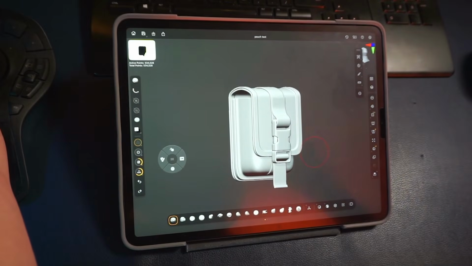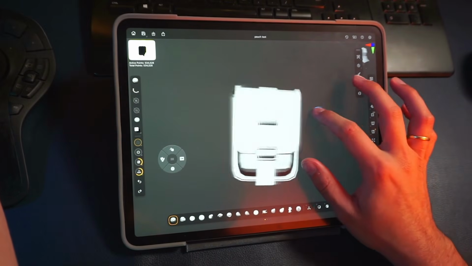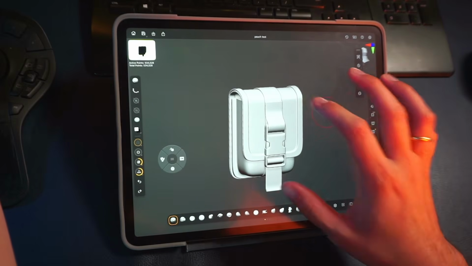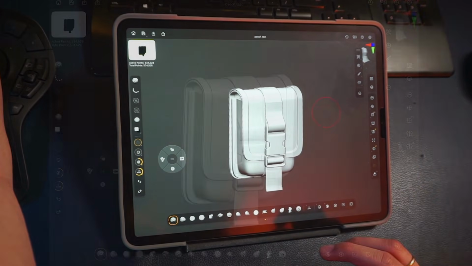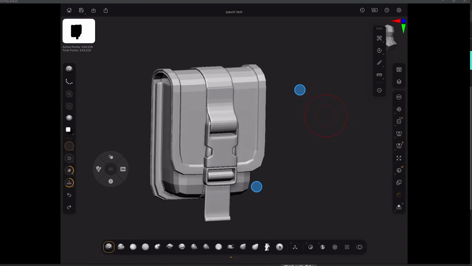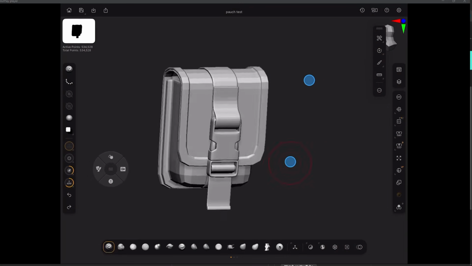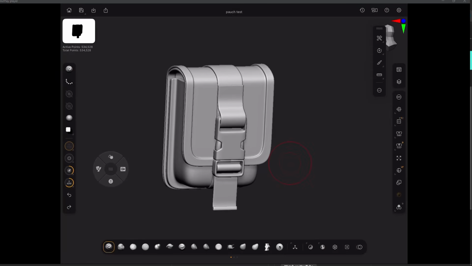So this is the iPad. This is the pouch that we're going to be doing, and I'll build this entirely in the iPad. So I'm going to show you all the steps that I took, but I'm also going to be able to show you the full screen. So this is the same thing, and I have these sort of like touch indicators just to show you how that works. So I'm going to try to switch between the two so that it makes it easy to understand,